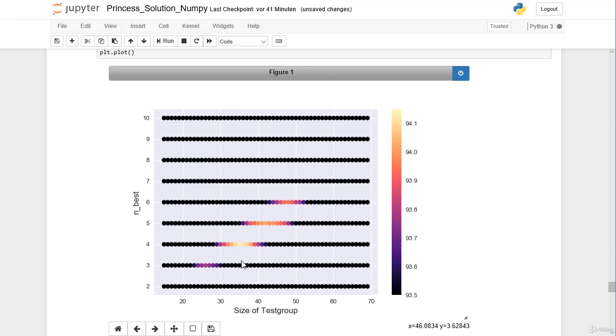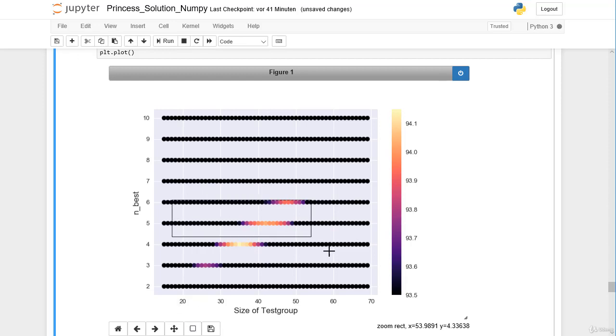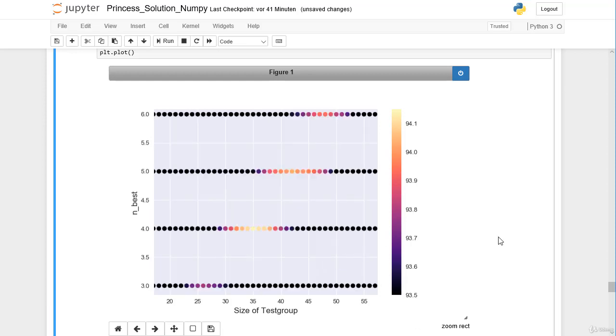So now we can see here that we have only one dot, which is actually really yellow, and we can further here zoom into our graph. So let's do this. So actually here we have only one dot, which is yellow. So this dot is yellow, and we have our maximum at 94.2. And we find the maximum here with a test group size of 35 here and with the n-best strategy of